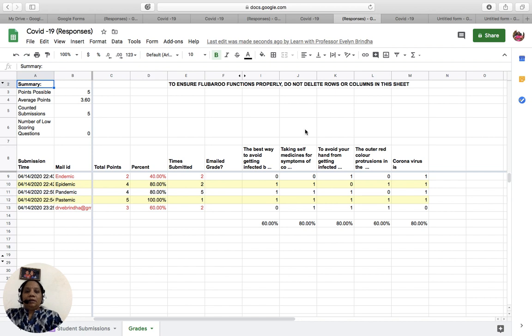So here you can see that the maximum points one can possibly get is 5, because there are 5 questions, each 1 point, so 5 is the maximum. The average point out of so many answered is only 3.60, and the number of counts submitted is 5. Okay, number of low scoring questions, here there are no low scoring questions because for all questions the average is above